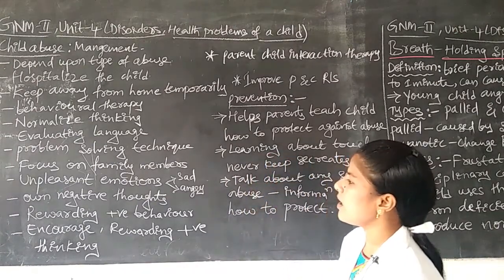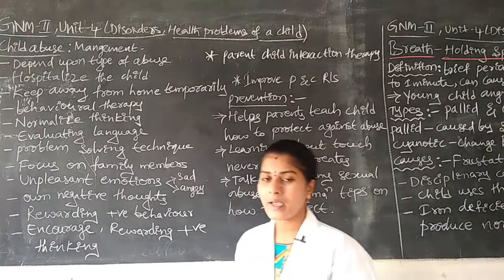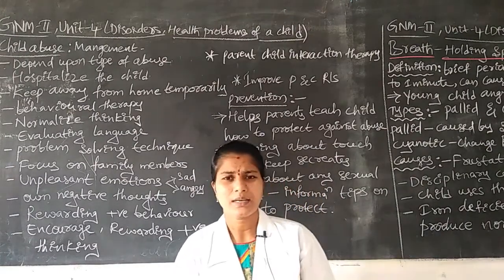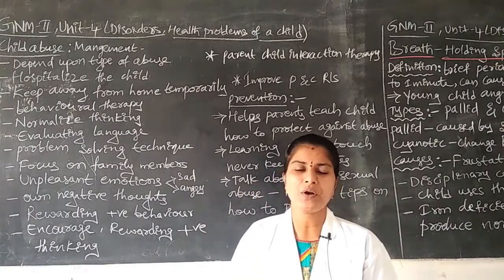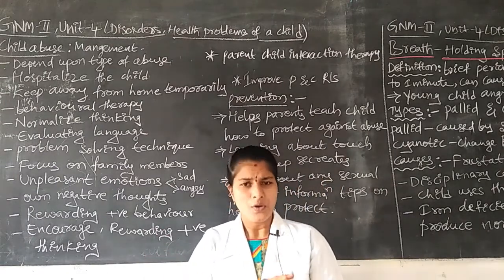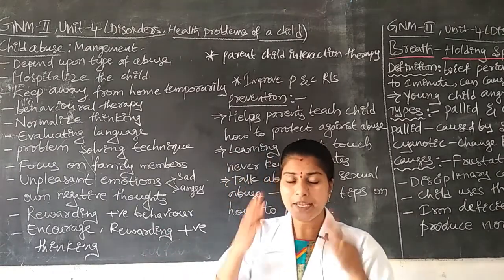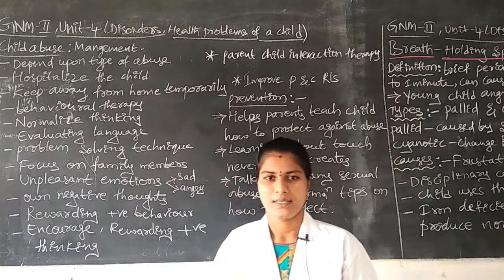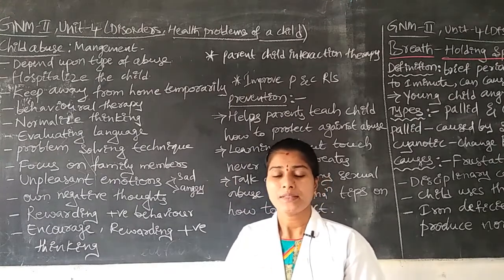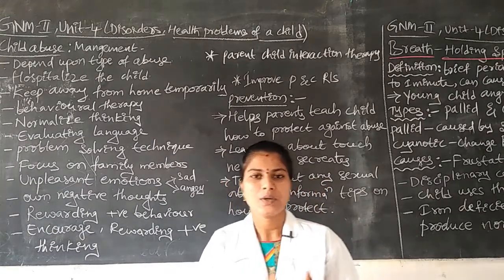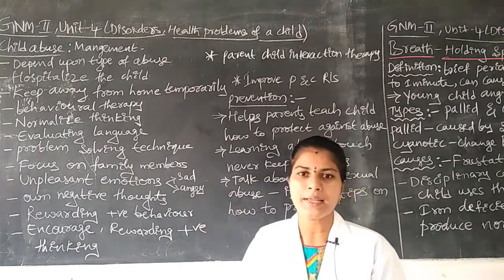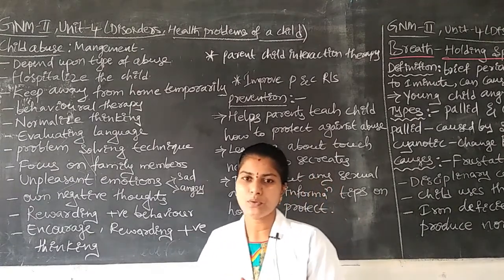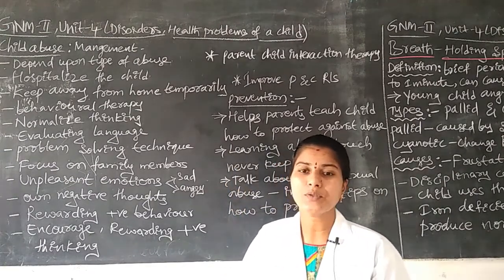Next one is the child's own negative thoughts. Sometimes the child has negative thoughts when there is no negative situation, and no family members or friends are hurting him, but he only imagines negative thoughts in his own mind. At that time we have to evaluate. This belongs to you only, the problem will be solved by you only, nobody can hurt you. Like that we have to give clarity to the children.